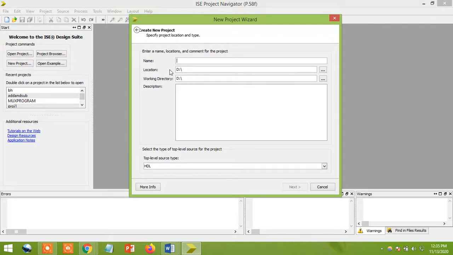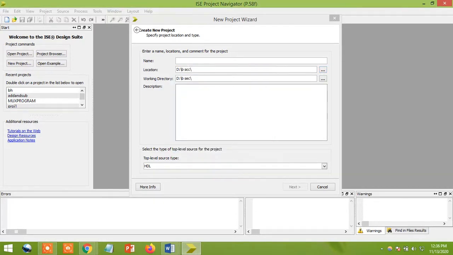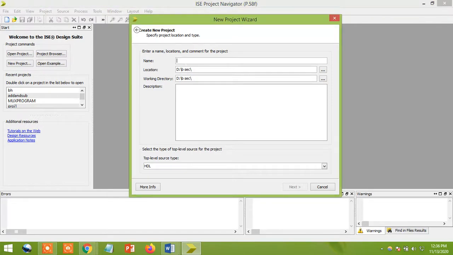Make sure that you create one folder in the D drive or anywhere, and store the project there only. You can give any name here. For example, I gave B section as my folder name. Under that folder, I'm going to create one project. I'll select this location, my D drive. In the D drive, I'm going to create one folder, so I gave B section. Just select OK. So B section is selected. Under that you can create your projects, and if sometime you need to open one, you can get it from there.